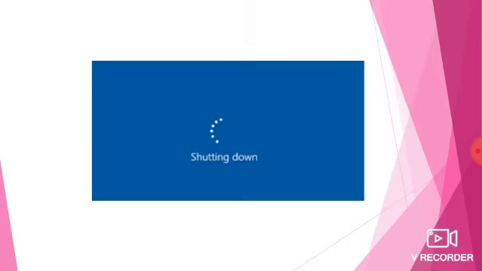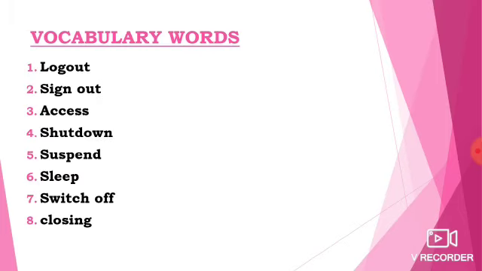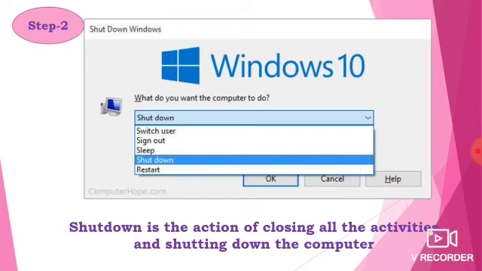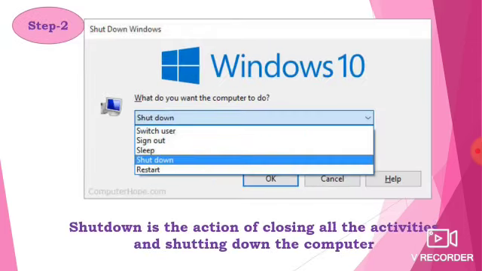If you click on the shutdown option, your screen will come like this. Next, what is the step? You have to switch off the switches. This is the final step. So in today's class we have seen how to shut down the computer. Are you all clear about this, children?